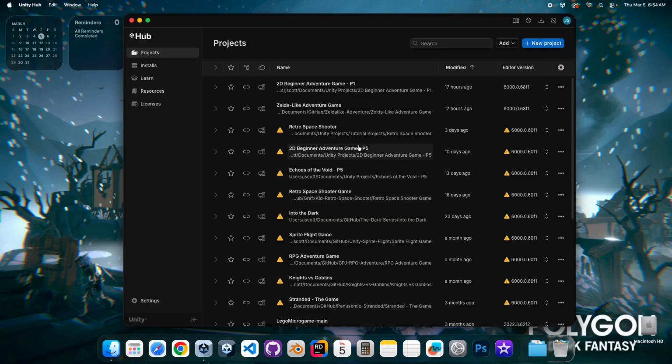If you just open up your Unity Hub and you see some of these warnings, this first one next to the project indicates that you have a missing editor version on the left-hand side here, where these two don't have that warning, but these other ones do. And the reason behind that is that we were using